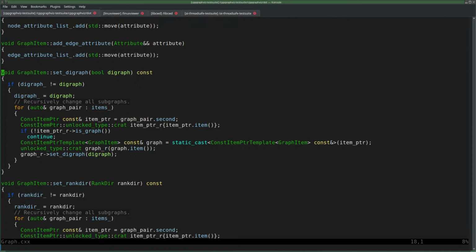So I have graph item unlocked, and then I call set digraph, which then tries to lock again something. What does it try to lock? It tries to lock item pointer, which is something that we are looping over. Why would that be locked?